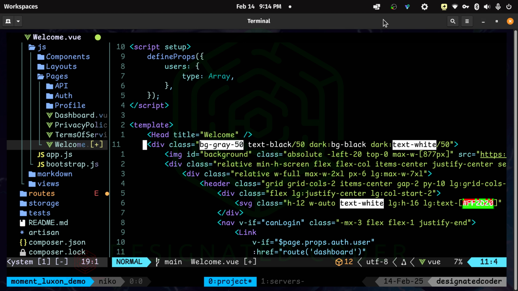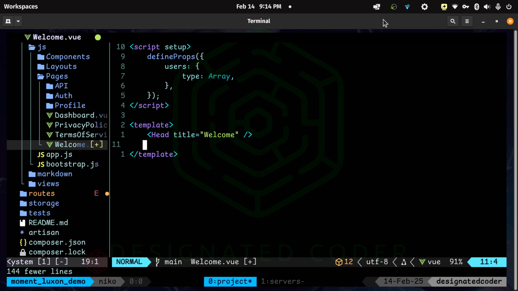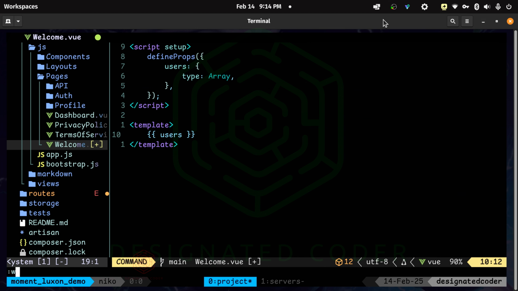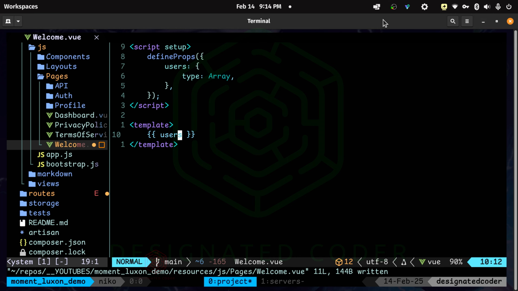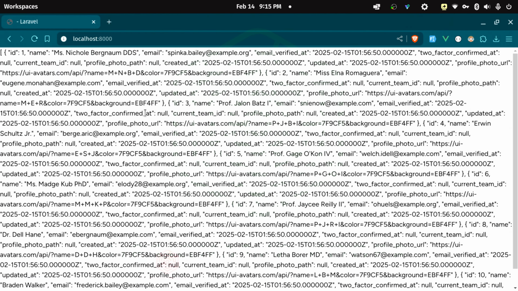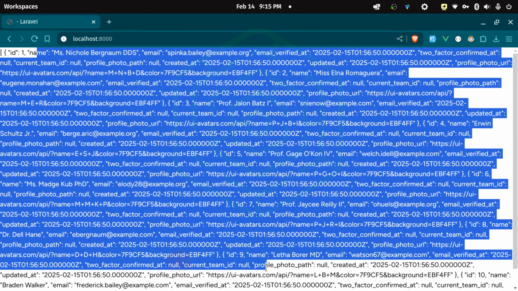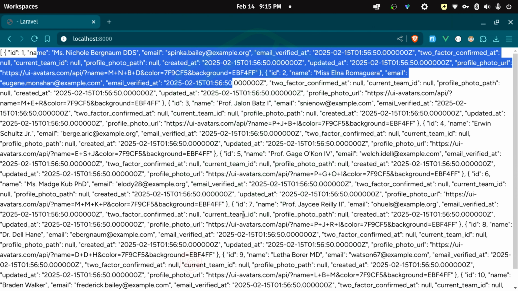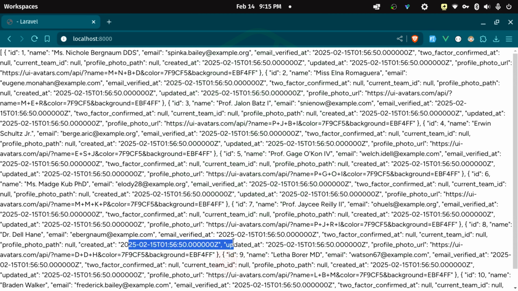Line that up so it looks good. And all this stuff we can get rid of. Get rid of the head as well. For now, I just want to make sure that we can see users on the page. Okay, let's take a look at the browser and see what we have. Okay, good. So it looks like we have all of our users, and we're going to style this up a bit. We're not going to need all this information, so we can limit this down to the created at timestamps that we have.